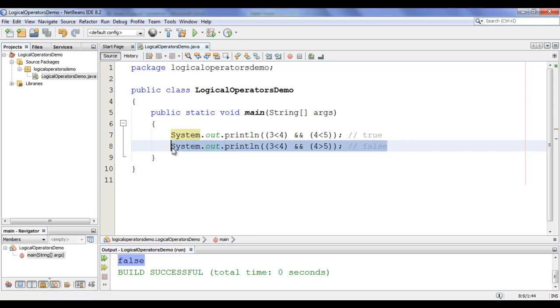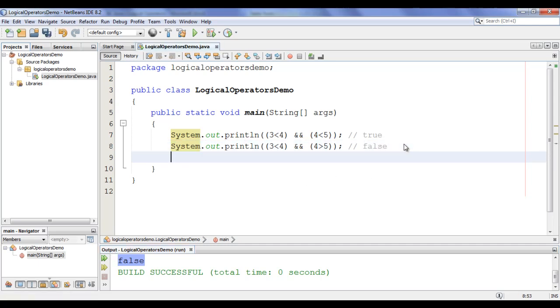I'm going to copy this line of code and paste down. This time I say 3 greater than 4 and 4 less than 5. I copy this expression from here and paste here. Let's evaluate. 3 greater than 4 is false because 3 is less than 4.